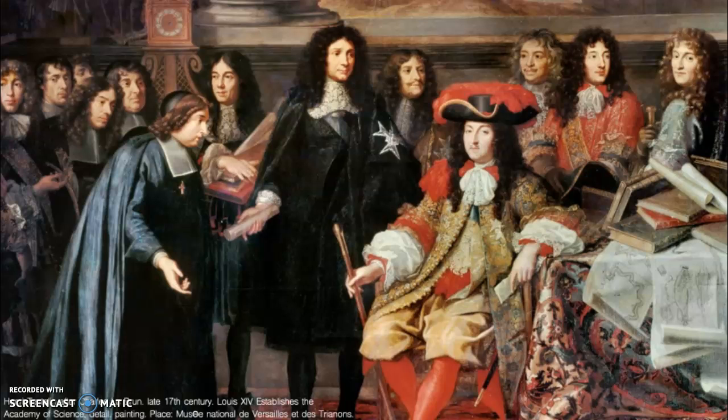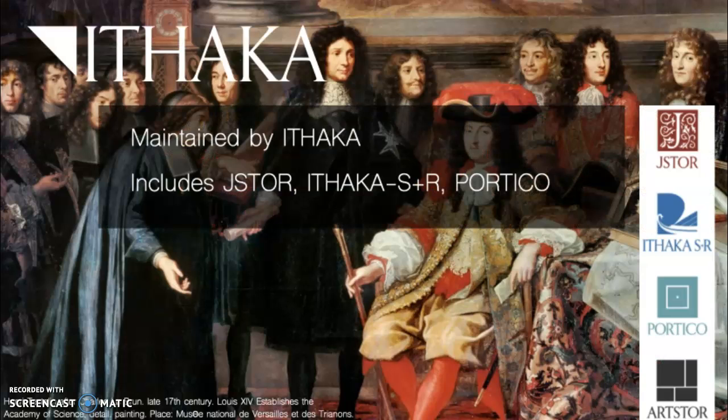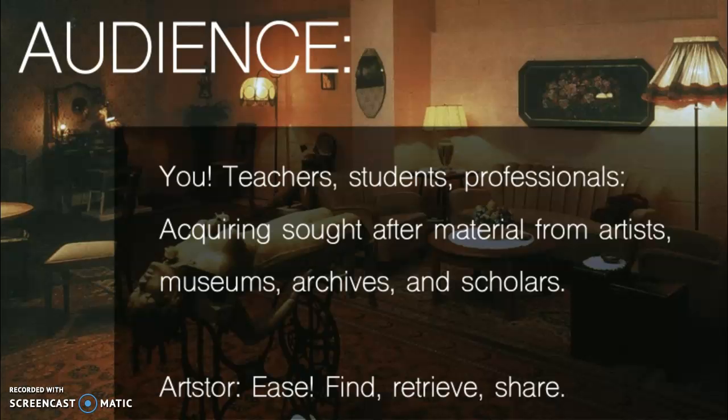ArtStore is maintained by the people of Ithaca, which includes JSTOR, Ithaca S+R, and Portico. You can trust Ithaca as an organization which uses digital technologies to preserve records and advance teaching and research in sustainable ways. The target audience of ArtStore is you, teachers and students and professionals, all of whom are seeking